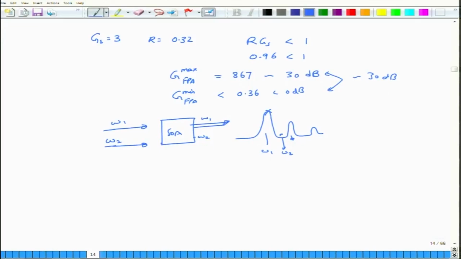How do I ensure that that is happening? The way to ensure that would be to further reduce RGS. Consider taking the single pass gain to be GS equal to 2, while keeping R the same, 0.32. In this case, the product is about 0.64, which is less than 1. Okay, the difference is not too much. You would think you have 0.96 in one case, you have 0.64 in the other case,